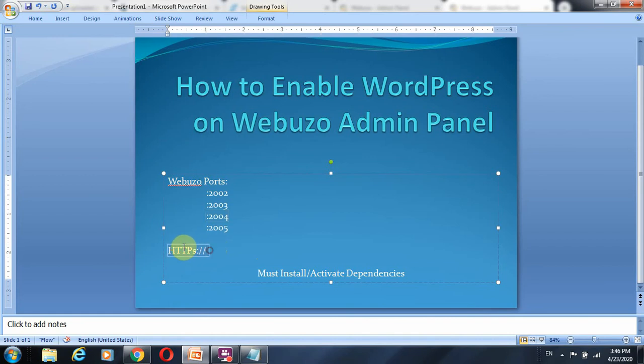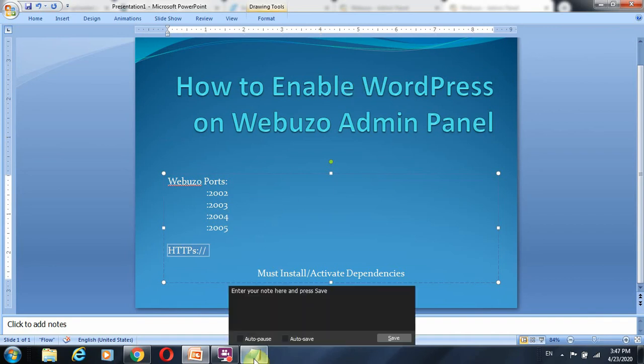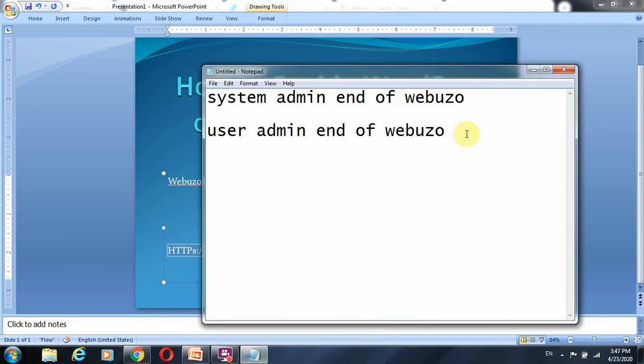If you note, I've mentioned some points here. When you are logging into Webuzo, at the first instance, you are going to log in via HTTP, not HTTPS.